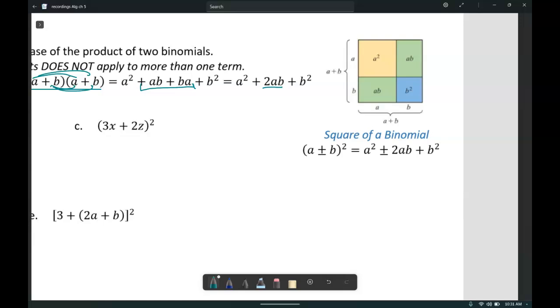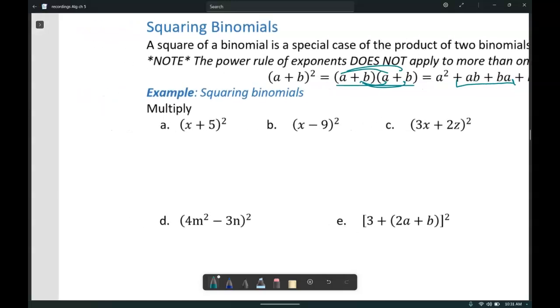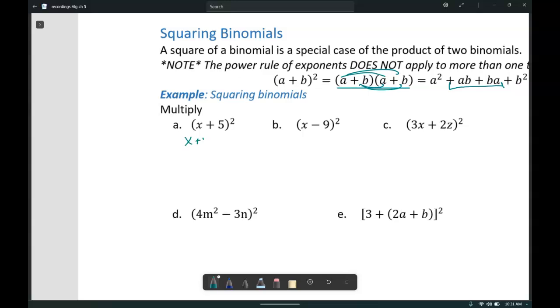(a plus or minus b) squared always gives us a squared plus or minus, matching this sign, 2 times a times b plus b squared. And we can use this to square binomials much more quickly rather than expanding it out. Because we could always write this as (x plus 5)(x plus 5), and then go ahead and use the distributive property to multiply and combine like terms. But if we follow our formula,